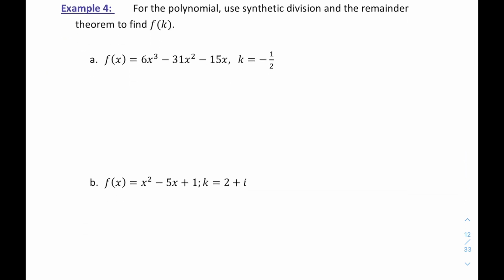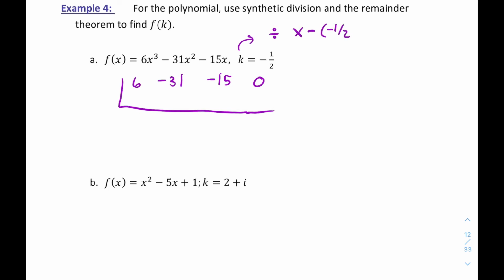So here I want to use this to find f of k. What I really want is f of negative 1/2. I could plug negative 1/2 in here and then cube it, multiply it by 6 and all that, but I'm going to use my synthetic division to do this instead. First off, I'm going to divide my original polynomial by x minus my value of k,